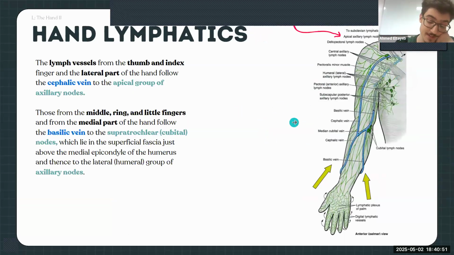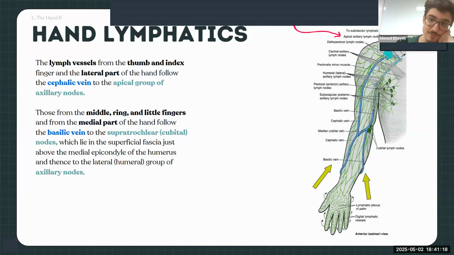Lymphatics. So, our all-time favorite, lymphatics. Now, it follows the veins, because laterally you're going to have the cephalic and medially you're going to have the basilic, right? So lymph vessels from the thumb and index, the lateral part, will follow the cephalic vein all the way